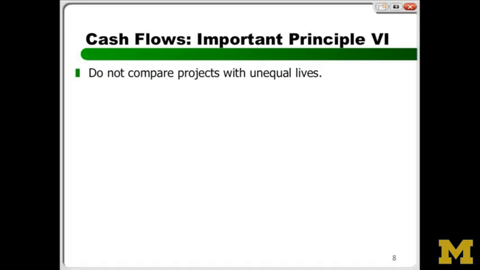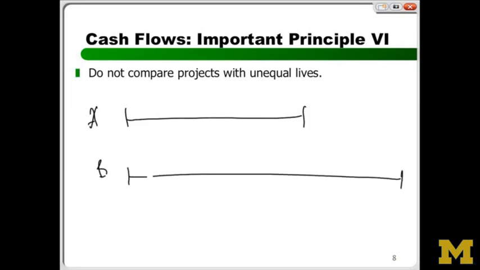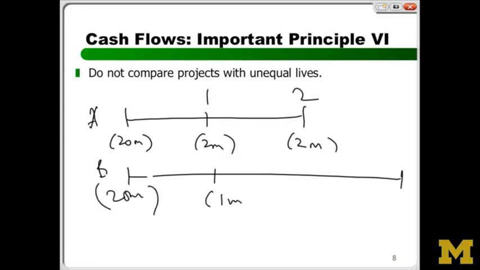Remember, I gave you an idea of two projects, A and B, and they look like this. Minus 20 million, minus 2 million, 1, 2. This is the first kind of machine you could buy. And taxes have been taken into account, depreciation, everything, don't worry. Let's just stick with these are the costs involved. Or you could buy this machine. And I think I got the numbers right. And in year 3, negative 1 million.